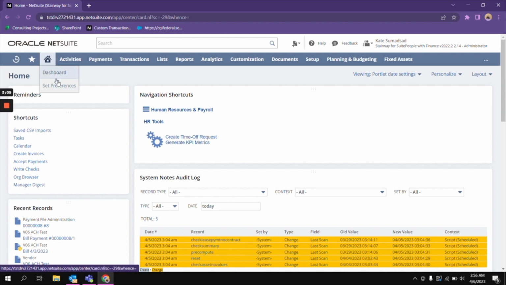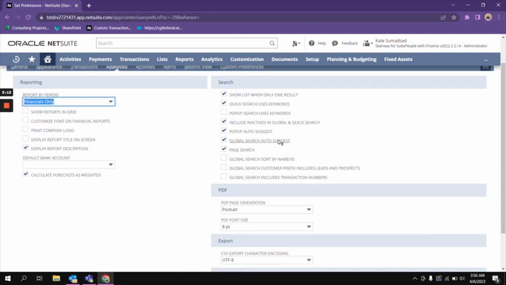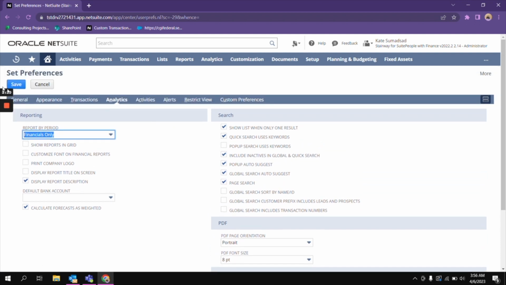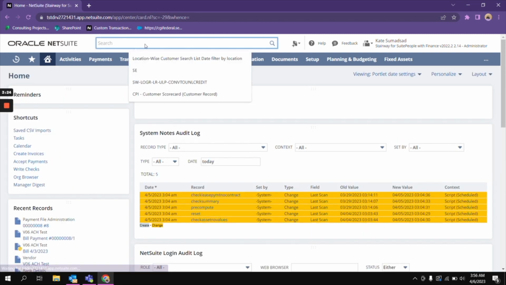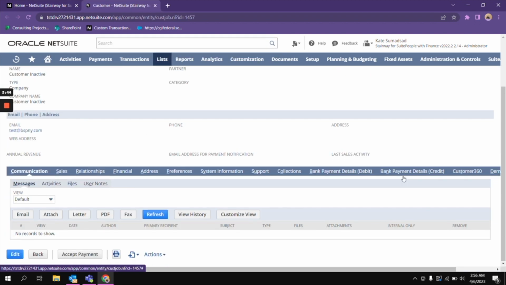You just go to home, set preferences, analytics, and then make sure that include inactives in global search and quick search is checked. Once you have saved that, you will be able to see inactive customers. Okay, so I will search for that. CU inactive. So that's the name of my inactive customer. You will see that